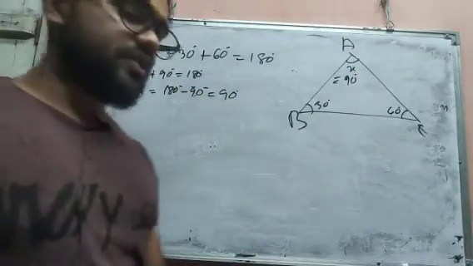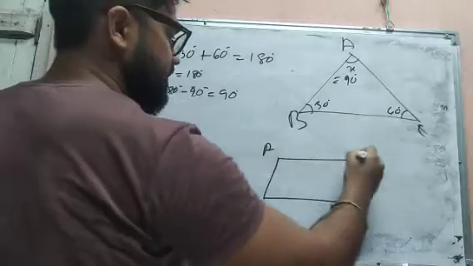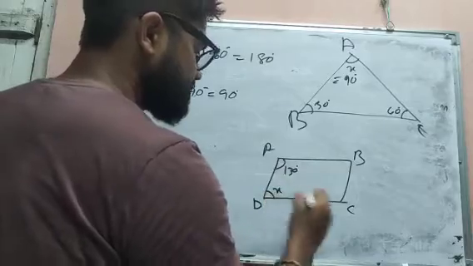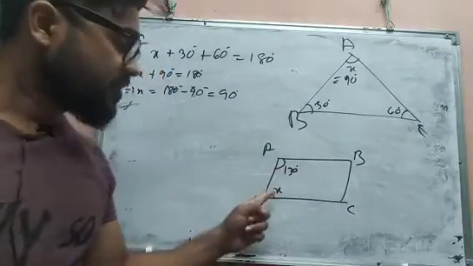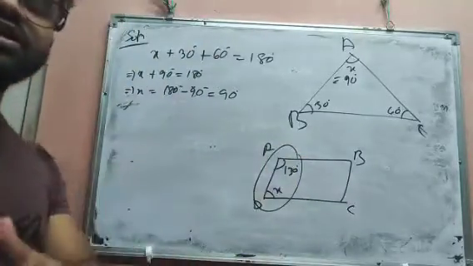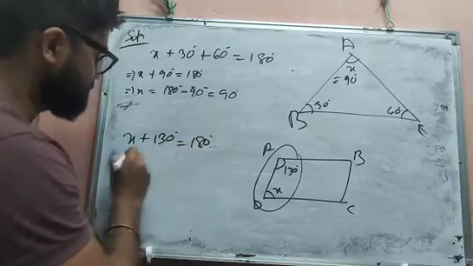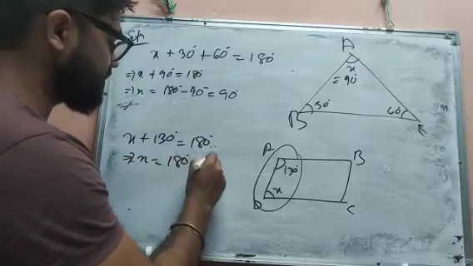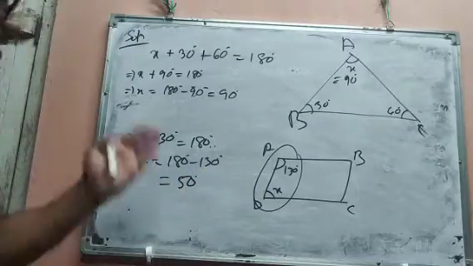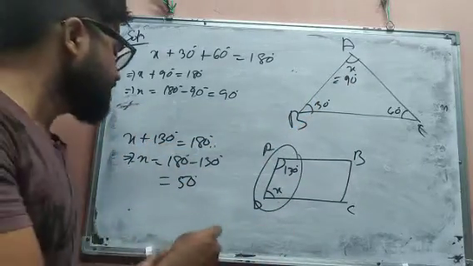Also we have given some diagram like that. See, this is a parallelogram ABCD. Its value is given, suppose 130 degree, and we have to find this. Now always remember, the sum of two co-interior angles of a parallelogram, these are the co-interior angles, right? So the sum of these two co-interior angles of a parallelogram is always 180 degree. So x plus 130 equals 180 degree. So you will get x equal to 180 degree minus 130 degree equal to 50 degree. So from the parallelogram, from the triangle, we are getting some linear equation, and we are solving this by the same method.